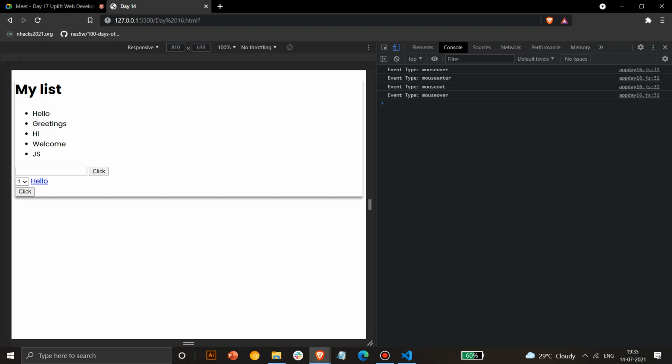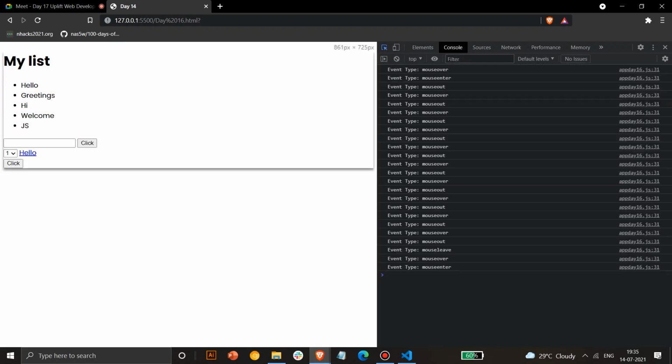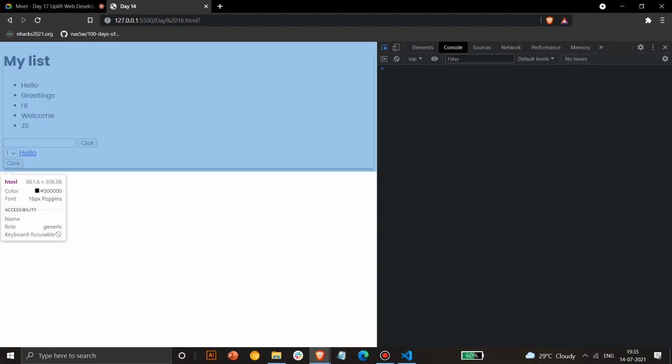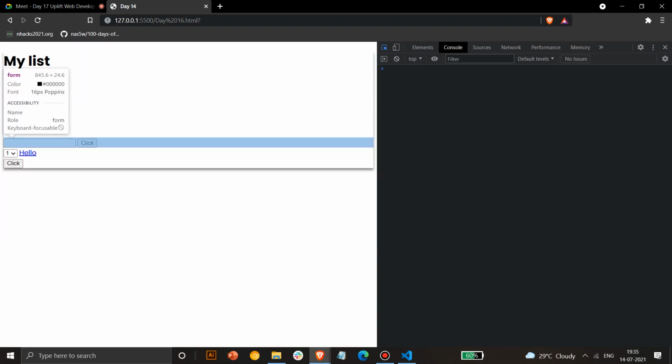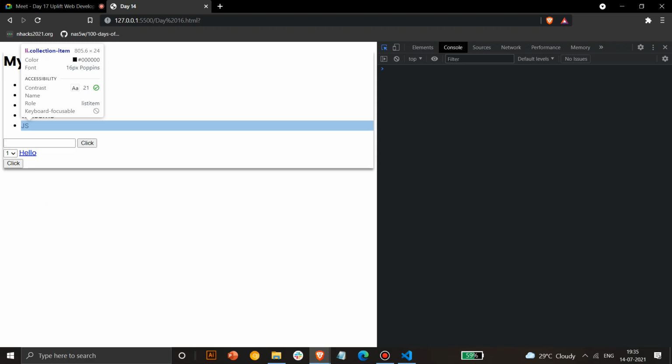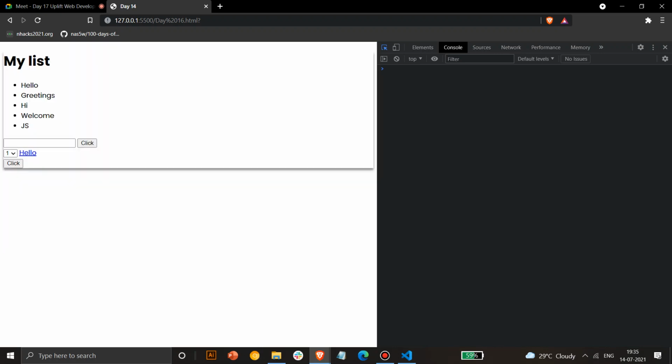And if I go over some element, it should exit that particular button. So as soon as I go inside this element, this card, mouse enter should start working.